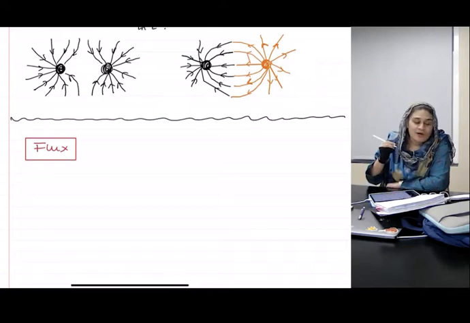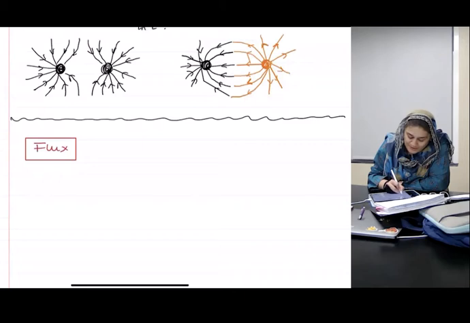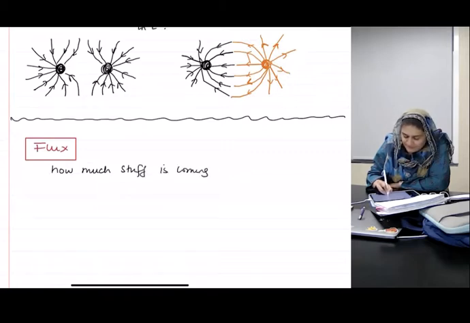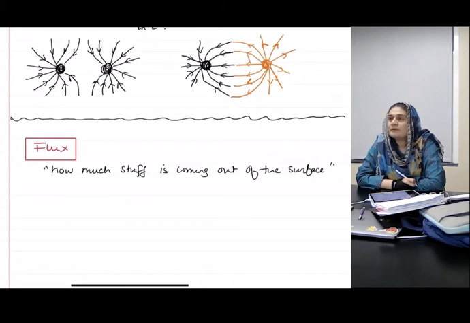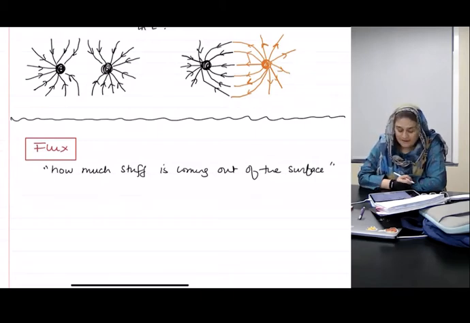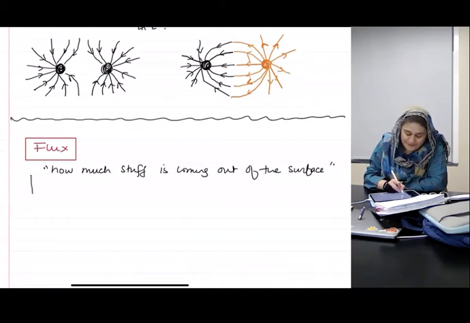So flux is basically how much stuff is coming out of the surface. When we talk about electric field specifically, flux defines